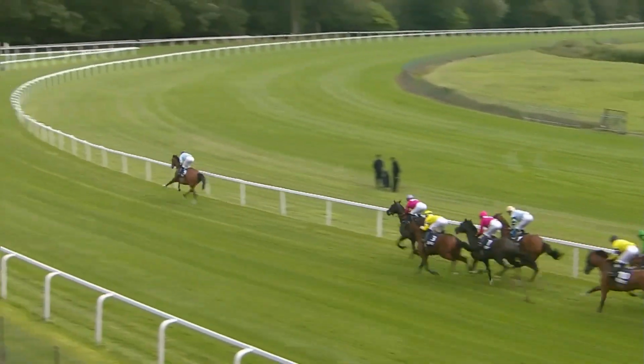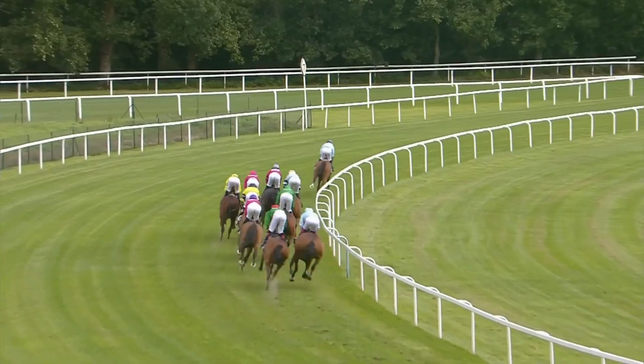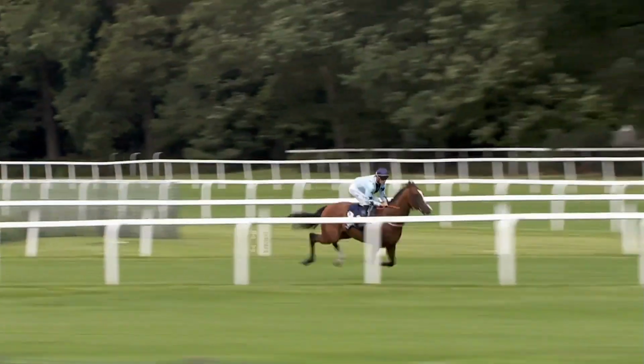And Youthful King is just running away a little bit here, has opened up by 6 or 7 to Wootton Sun in second place, the Old Newton Cup winner, being followed by Knowlton Cross. On the outside still is